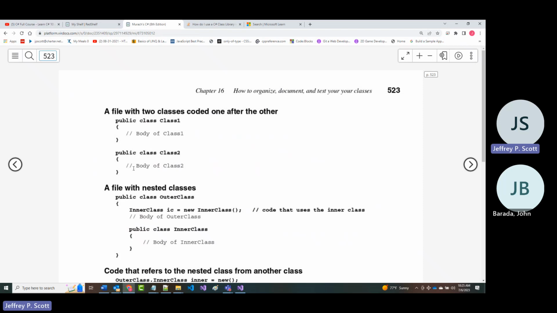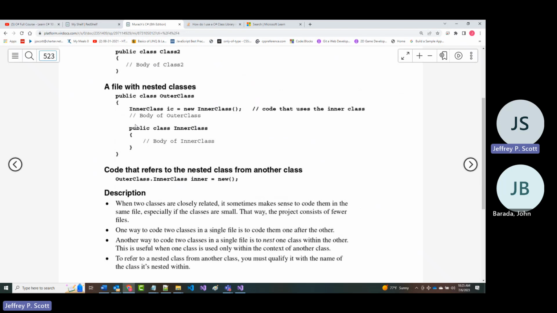And what I mean is you can take a class and put it inside of another class like we have here, which we'll talk about in a minute. But in Java, unless they've changed it since the last time I've taught it, which was about 2 years ago, any class that's inside of a public class must be a private class. So you can't have 2 public classes in the same file. All right, you can do that in C#. Or as I just mentioned, and as they show here, you could have a class within a class.